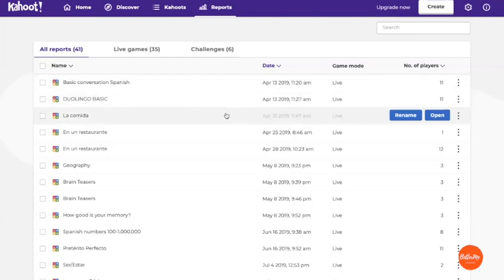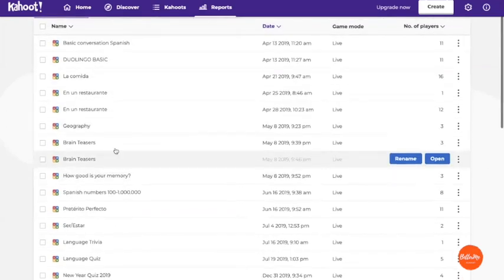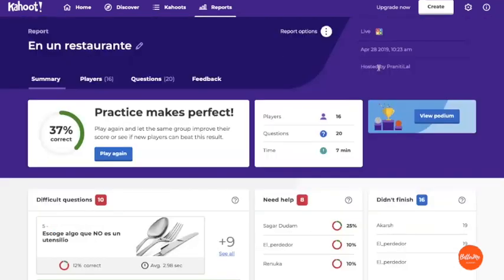Now let's dive in and have a look at the game report. Here's what you see in the summary section. This is the game mode, whether it was played live or set as a challenge, the date when the game was played, and the name of the teacher who hosted it. Percentage of correct answers, how many students participated, and the number of questions in the quiz.